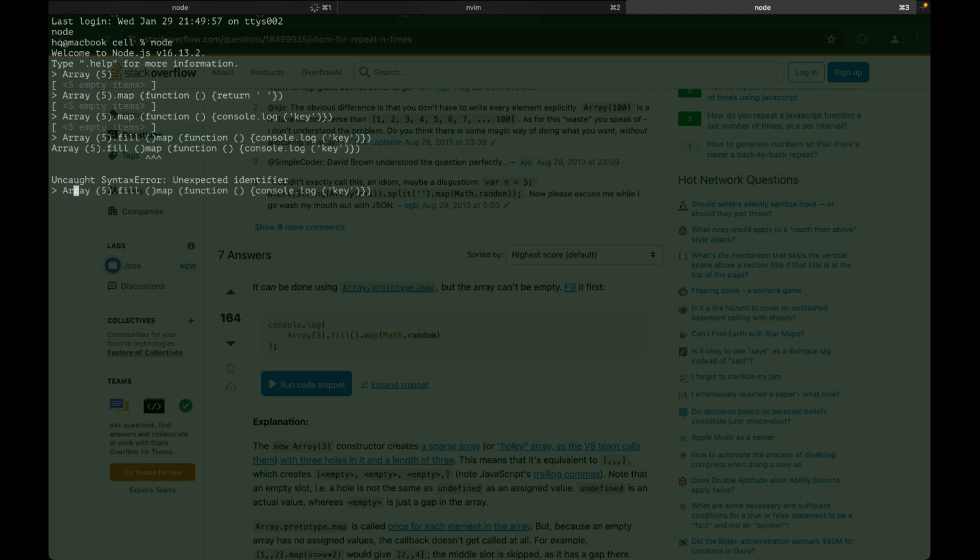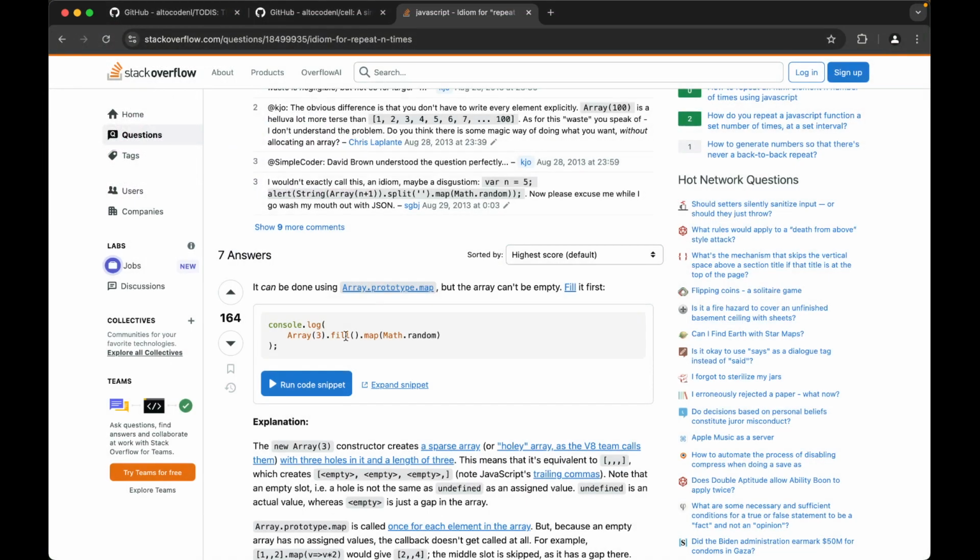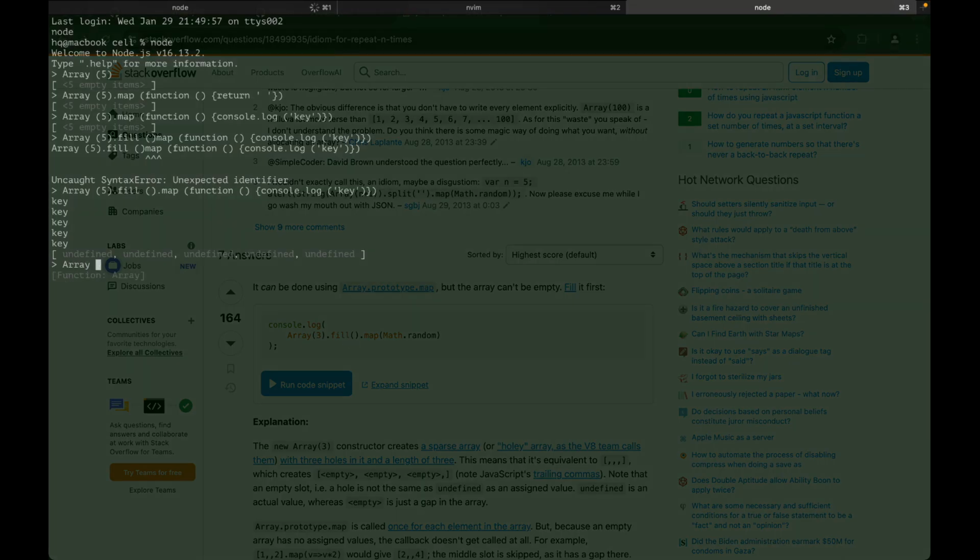Nice. All right. That was easier than I thought. What the hell does array fill do? Can someone explain to me what's the difference between an empty item and an undefined?